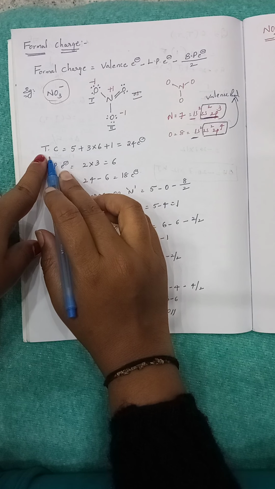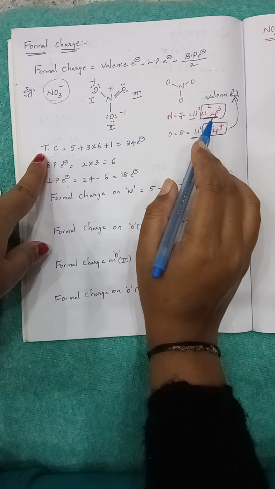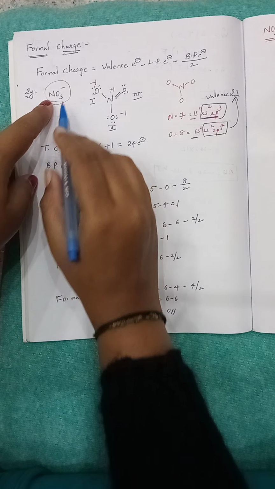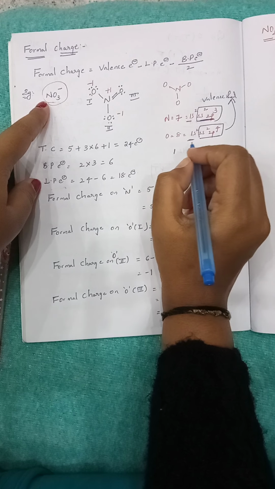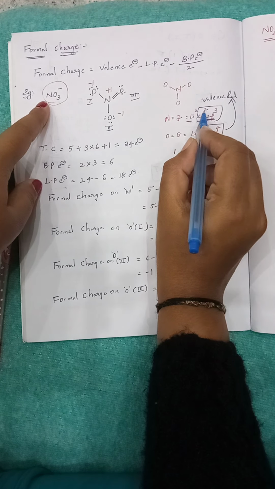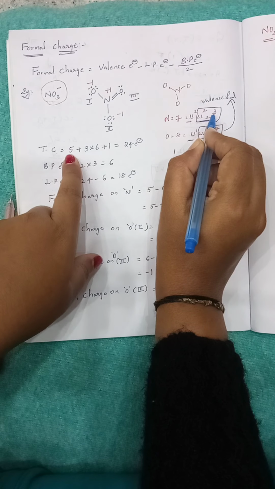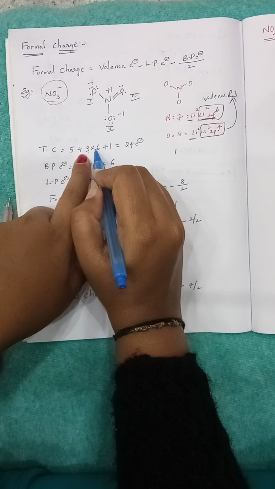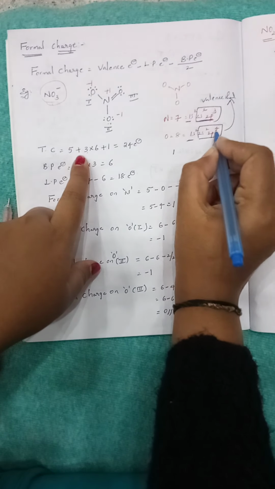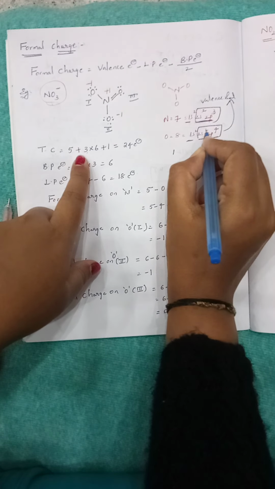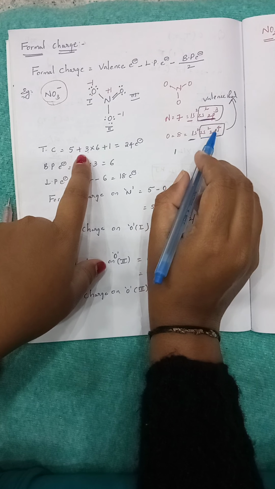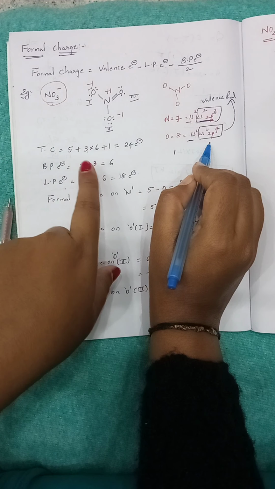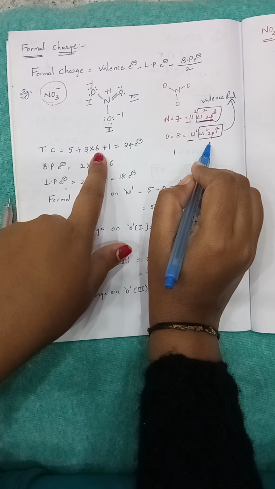We know the formula to calculate total charge, that is nothing but the valence electrons present in each and every atom. Nitrogen is only 1 in number, so this nitrogen contains 2 plus 3, 5 electrons that I have written here. But how many oxygens are there? 3. Each oxygen contains 6 valence electrons, 4 plus 2 is 6. On each oxygen 6 valence electrons are present, but such oxygens are 3 in total, so we have to multiply it, 3 into 6.